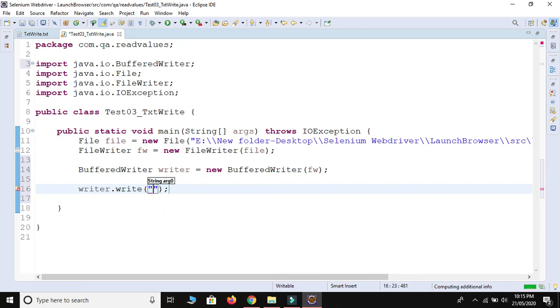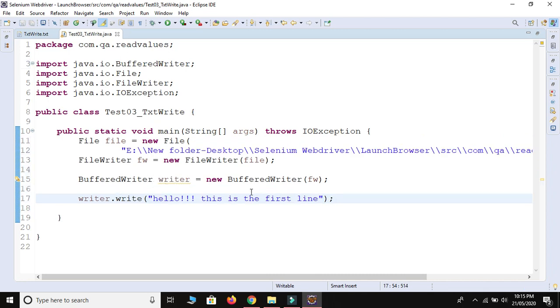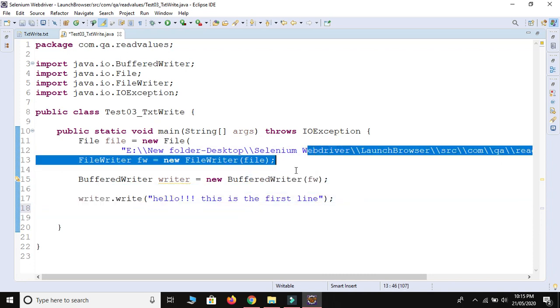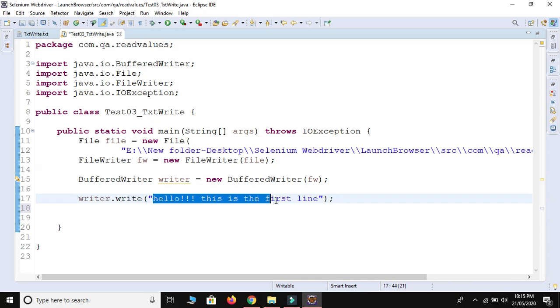I will write hello, this is the first line. Control Shift F and Control C. So this will write the first line in this file with the value hello, this is the first line.